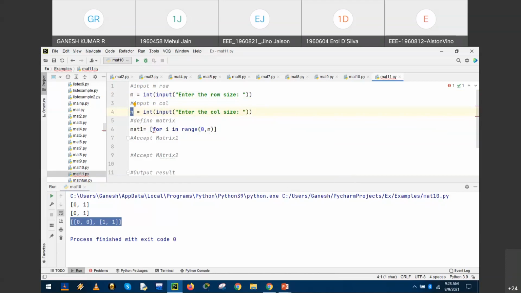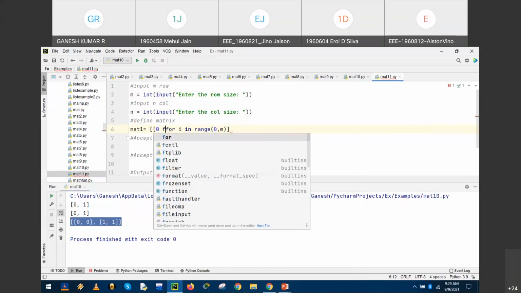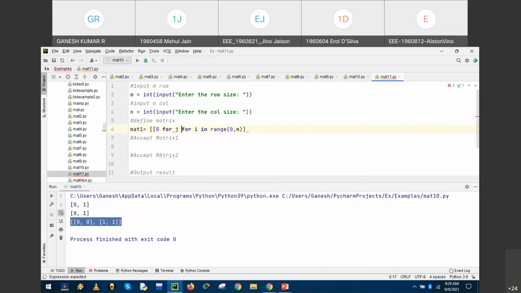This is the definition of row. Okay. Next, we have to define the column, isn't it? Right? So column could be defined inside the row, right? So for I is initialized to 0, right? So 0 for j in range. So the column range is 0 comma n, right?